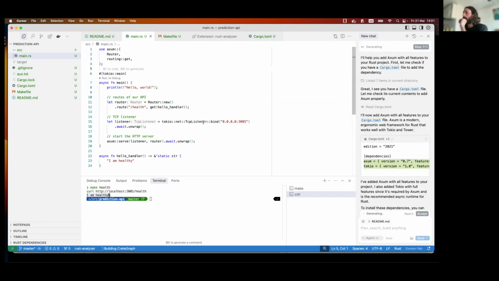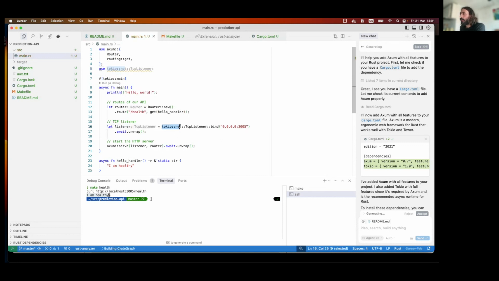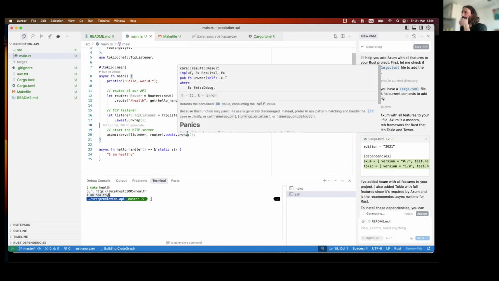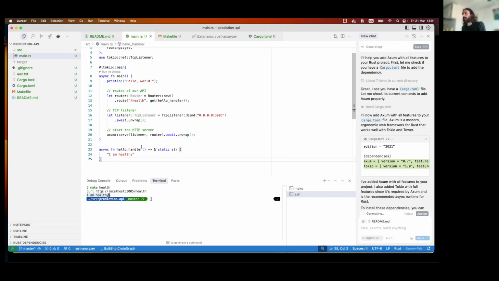Nicer. And the TCP listener, I mean, I can do something similar. So I'm going to use tokio net TCP listener. So now this thing here is nicer. Okay, so we simplify the code a little bit, but so far, nothing really fancy. Okay,